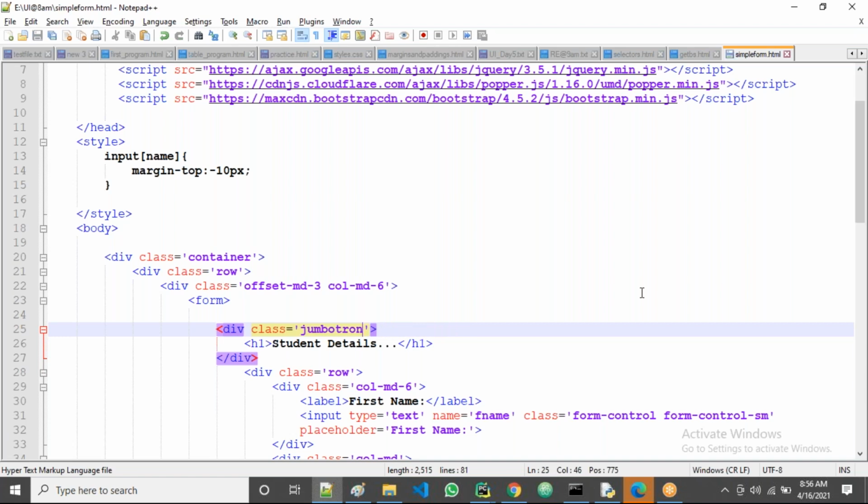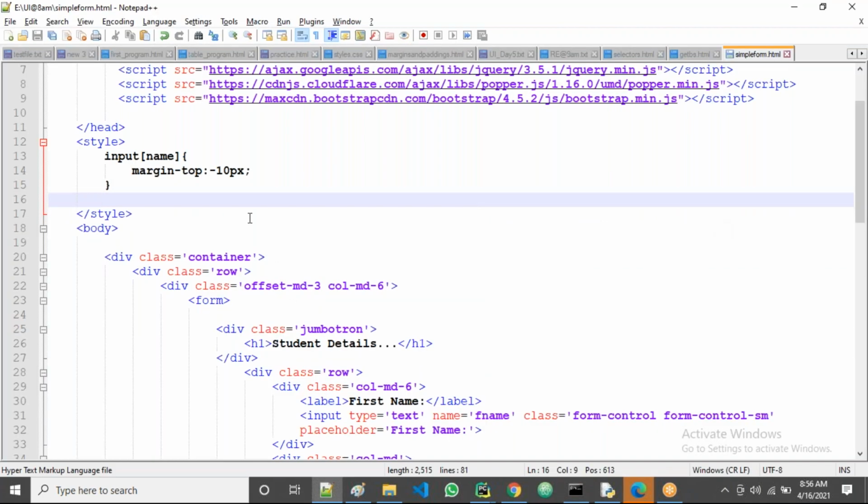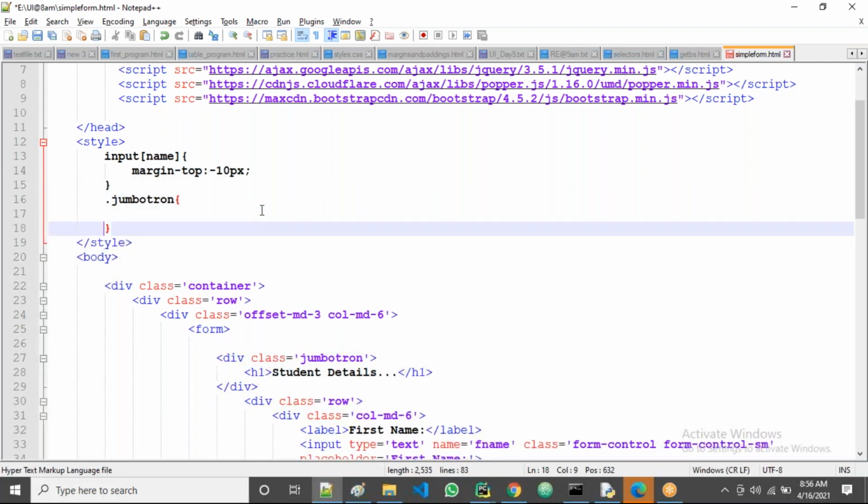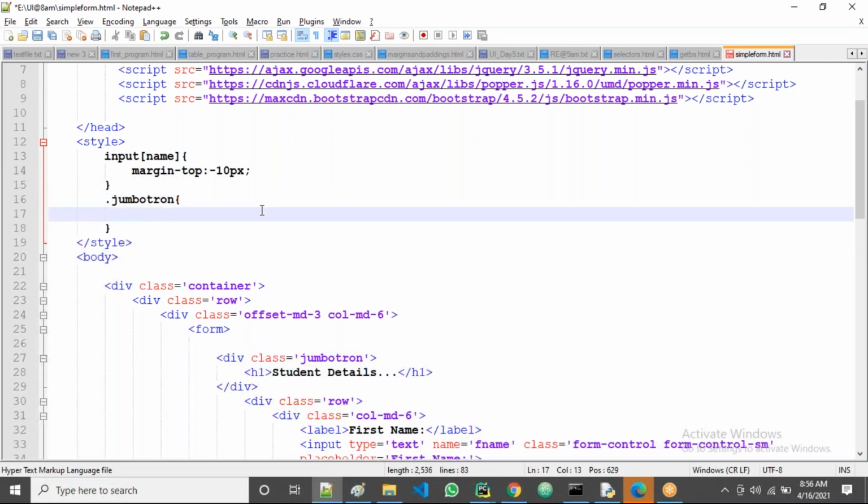Simply, sorry, guys, you can manage it by taking the styles, guys. Okay, by taking styles, you can manage it. What can we do here? I'll take now dot jumbotron, right? Dot jumbotron. I'll take now padding, guys. Let us try with the padding. Let's take minus 100 pixels, guys.